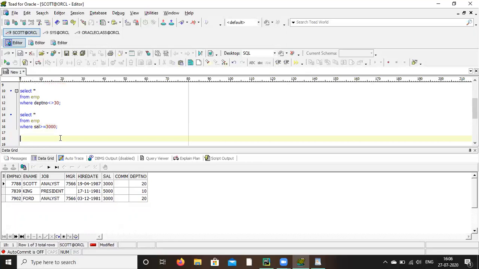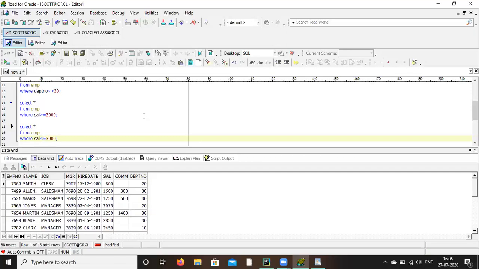So these are all called which operator? Relational operator. So equal to, not equal to, greater than, smaller than, greater than equal to, smaller than equal to. Like that you can use all these in your where condition to filter the values. Clear? You can save it.